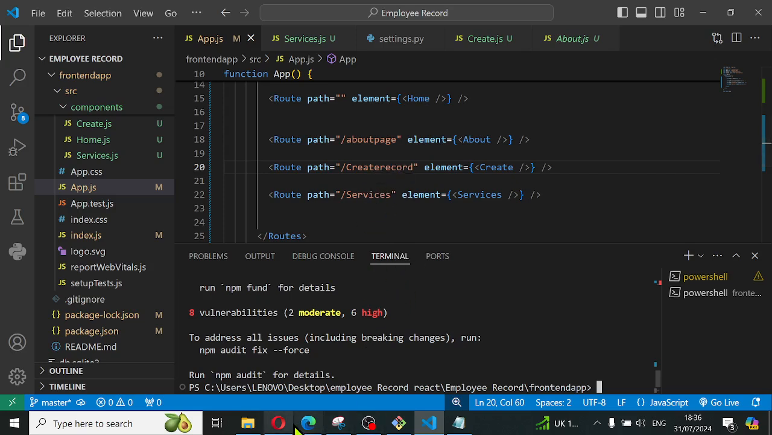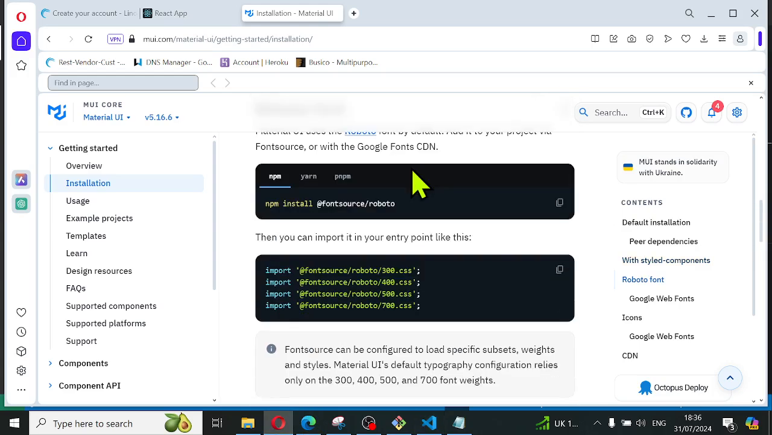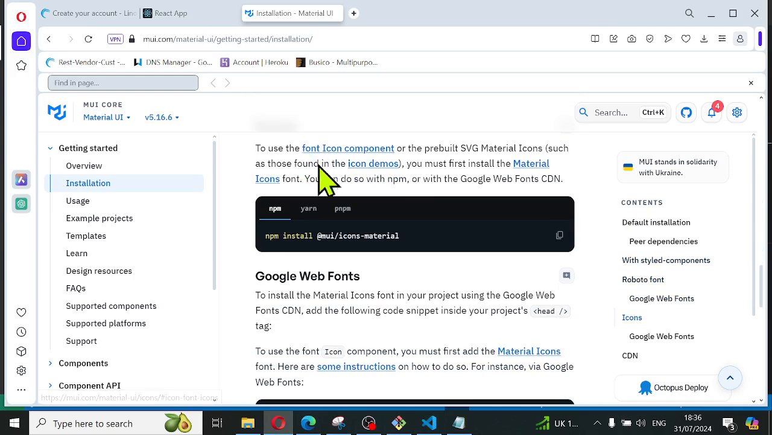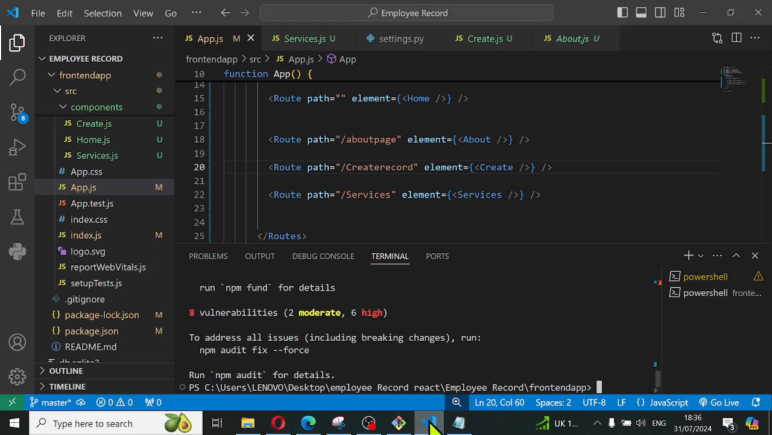So go back to the Material UI website and just scroll down. You're gonna see icons. So this is it. This will enable us to use Material UI icons. So if we want to display an icon for our home page, about page, services, and all the rest, we can use it. So I will copy this code and then I go back to my terminal